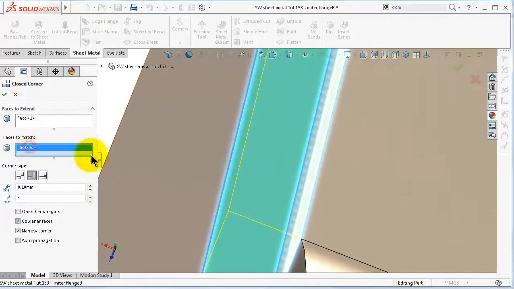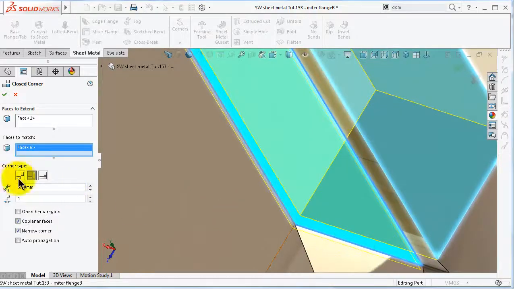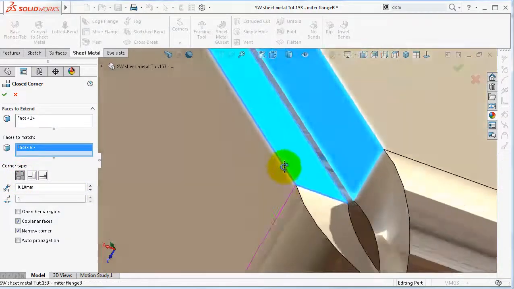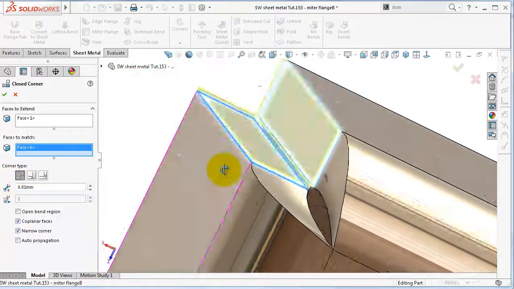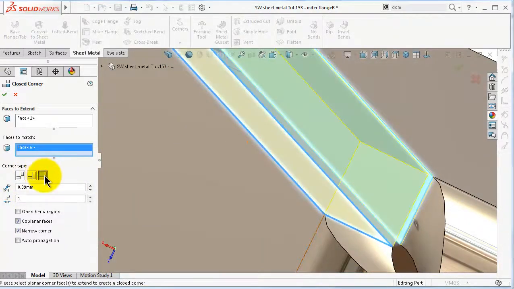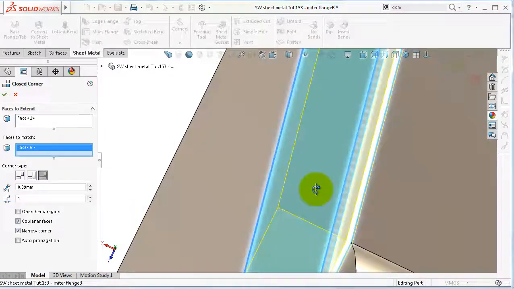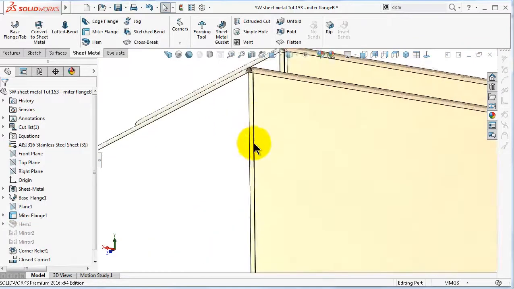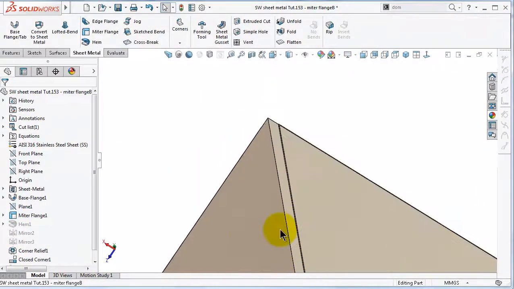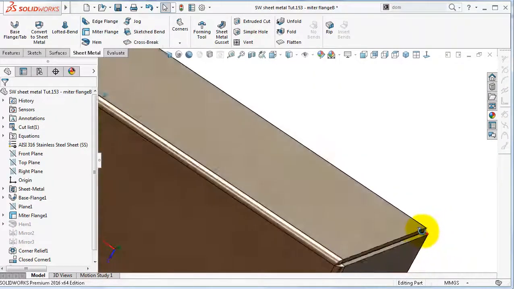And faces to match, it automatically knows it is the face over there. And you can change the type of closing. In this case, it's not shown. We may minimize, decrease, or reverse the bendings. So as you notice now, we closed that edge. So as you notice now, we have a better shape for this box, and we can repeat the same process